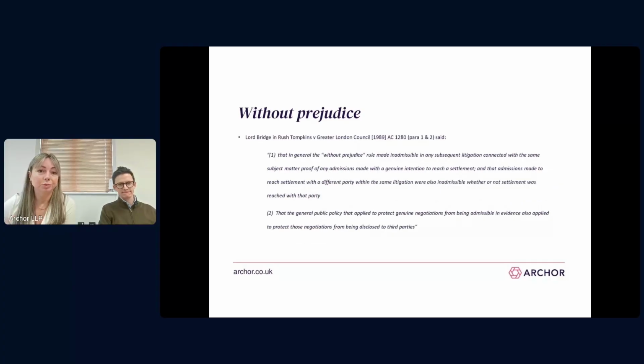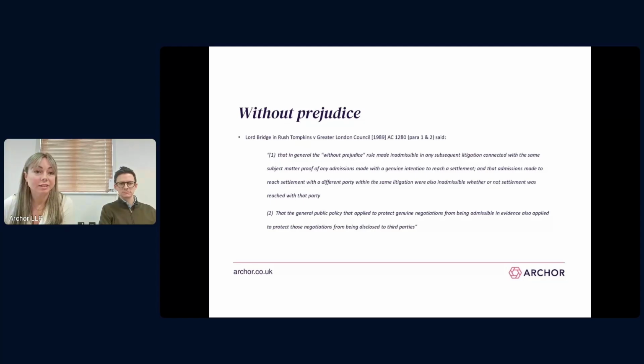The wording from Lord Bridge on this slide is also helpful. There's reference here to protection for genuine negotiations. So the privilege does not extend to communications that are not aimed at settlement, or where there is no existing dispute at the time of the communication. So the courts apply quite an objective test to determine whether a communication does actually qualify as without prejudice, and